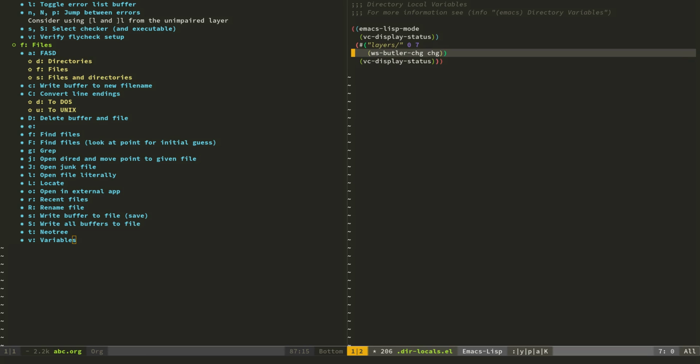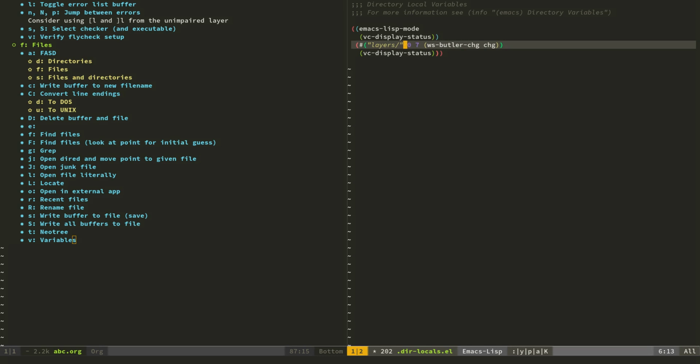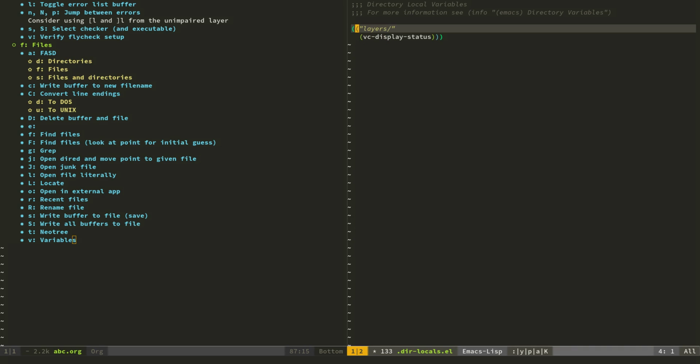I get a string with a face, or a text property here. I doubt that is intended, but let me delete that. So this is what it's supposed to look like, and let me delete this as well, like that. Okay. So now, as you can see, it only applies in a subdirectory. So if I now open init.el once more,